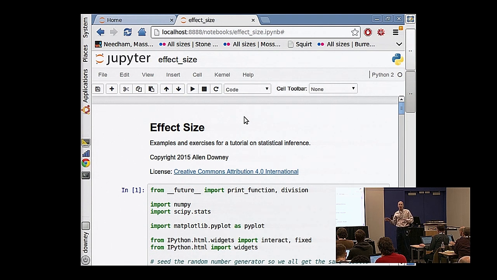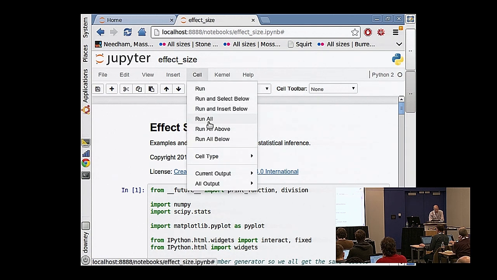The alternative, and this is one of the drawbacks of IPython notebooks: if you accidentally skip a cell and then you try to execute one of the subsequent cells, it'll sometimes fail because whatever was supposed to happen up here hasn't happened. To avoid that, the simple thing to do is to just select Run All from the Cell menu up here. Cell, Run All. That'll just execute the whole notebook. All the results will be there, and then you can read through it.